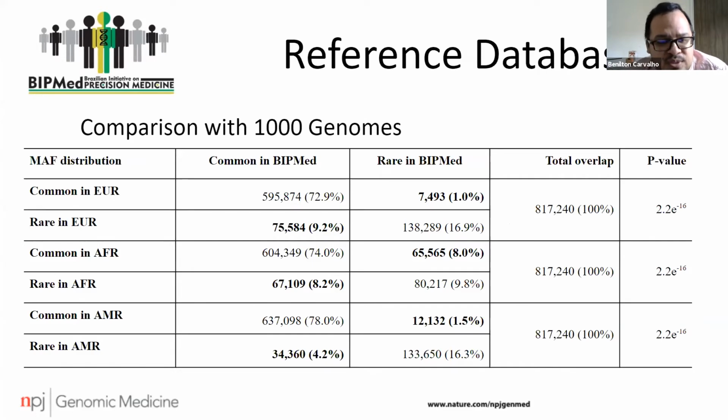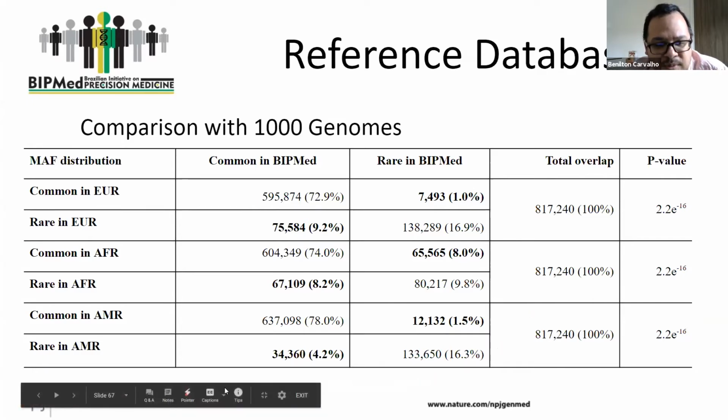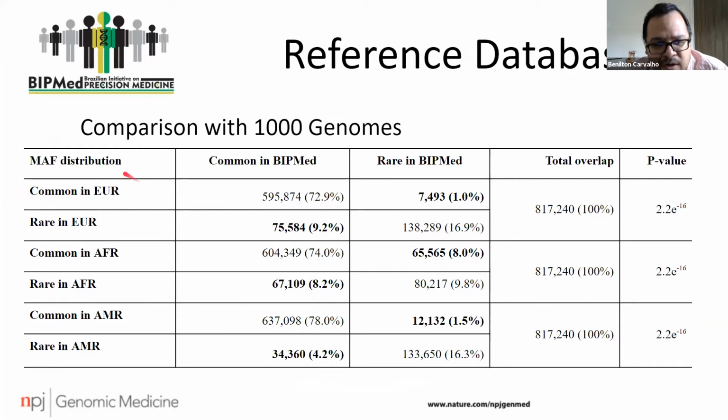Now, back to the subject yesterday on the importance of knowing and understanding better the diversity in genomic data, what I would like to remind you is that our findings during this year, which should appear soon in Genomic Medicine, are that if you take markers that are called common, let's say they have frequencies greater than 5% in European populations, some of these markers, about 7,500 of them, are found to be rare in the data set that we have in hand on Brazilian subjects. The other way around also happens.